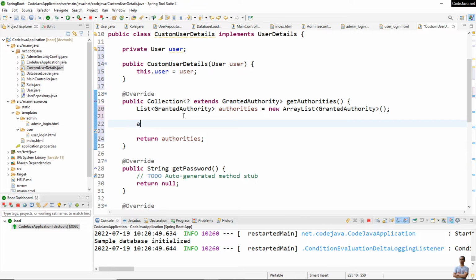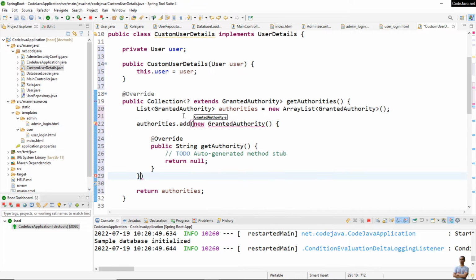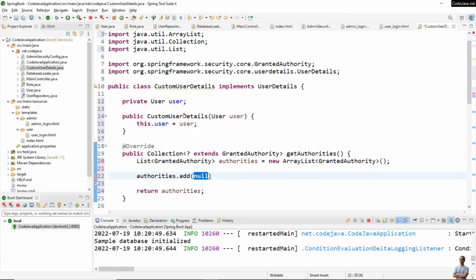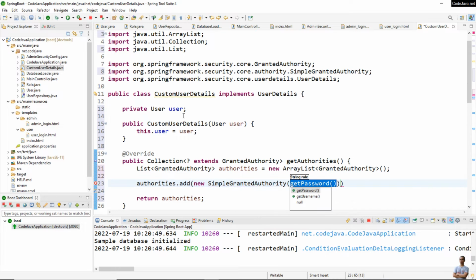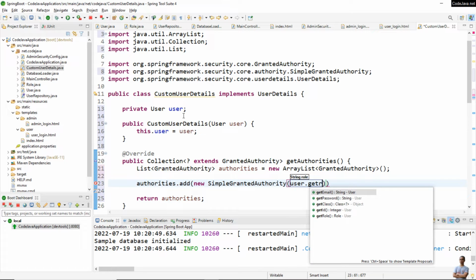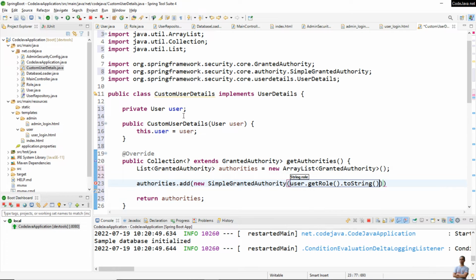So we put authorities.add(new SimpleGrantedAuthority, and the role name from the user, getRole().toString()). Okay,